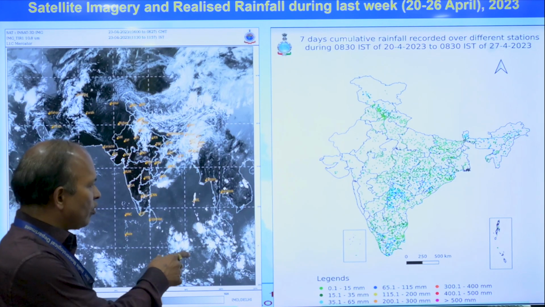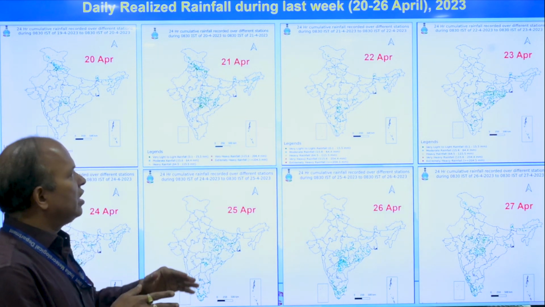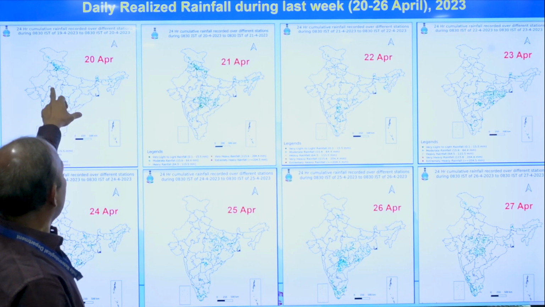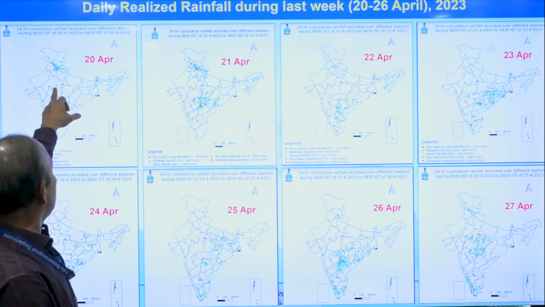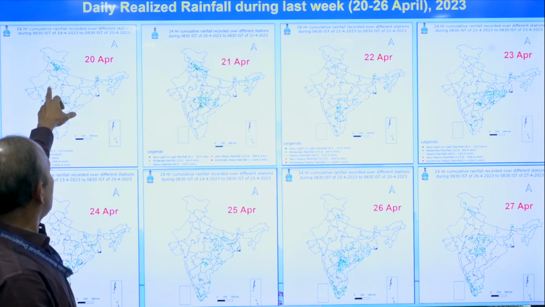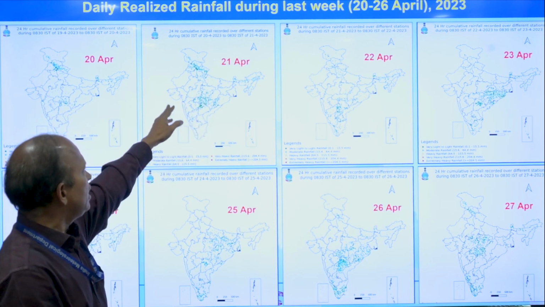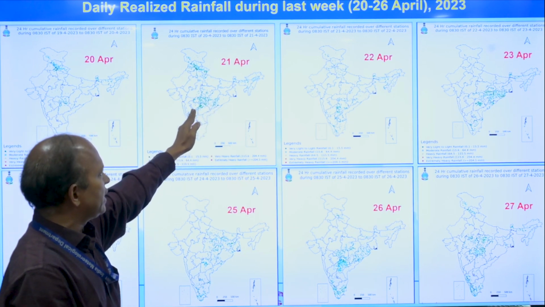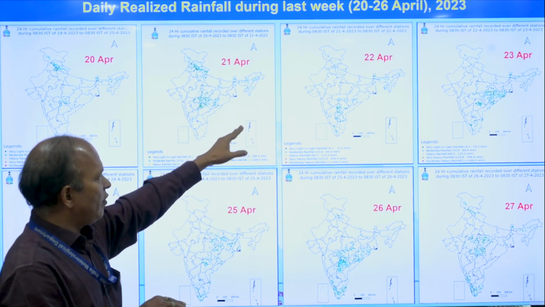And we can go day by day to see how the rainfall occurred on different days over different parts of the country. You see on 20th April, the heavy rainfall belt was only over the northern belt. You can see here J&K, then HP, Himachal, Uttarakhand. Next day, 21st April, in addition to that, rainfall over central India and also northeast India increased. Then on the 22nd, there was a slight reduction in rainfall activity, but still there were the south peninsula,